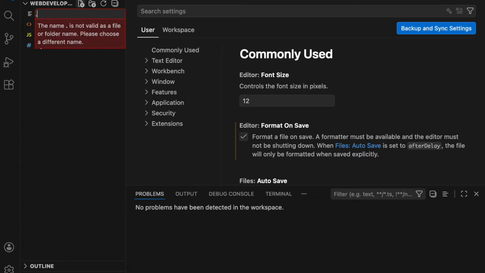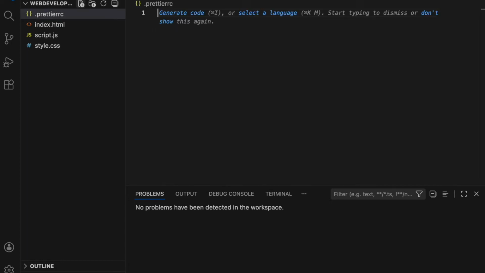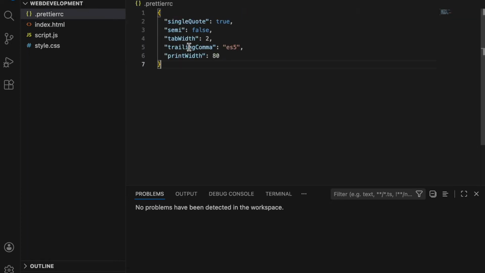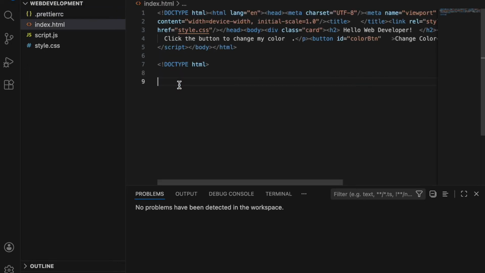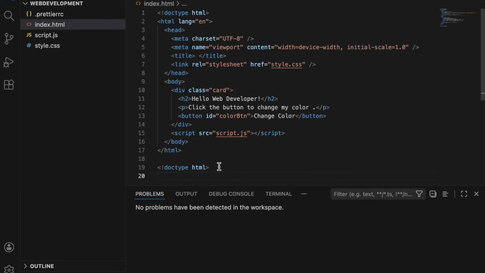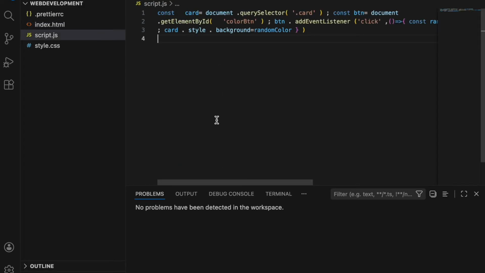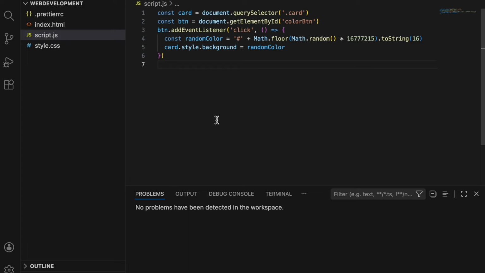In your web development project folder, click New File and create a file named Prettier. This file is used to configure Prettier settings for your project, such as tab width, semicolons, quotes, and more, so that all your code files follow the same formatting rules. Open the unformatted files, such as index.html and script.js, and press Save. With Prettier Code Formatter enabled, the code will automatically be formatted, displaying proper indentation, spacing, and line breaks for a